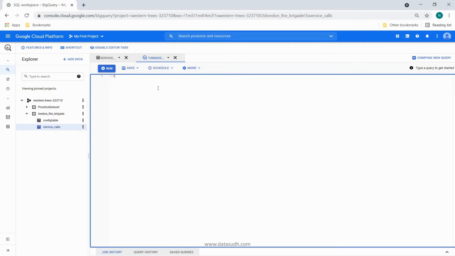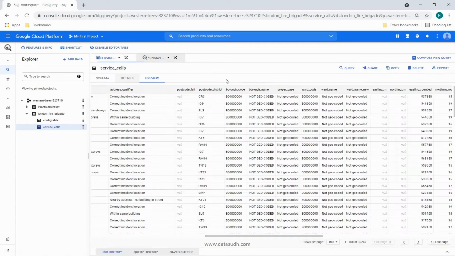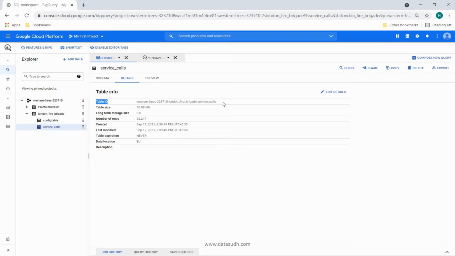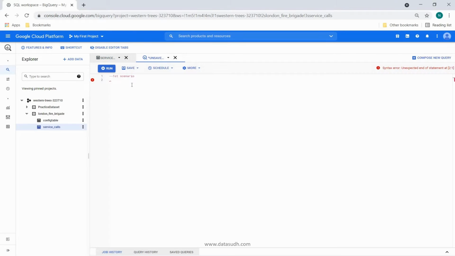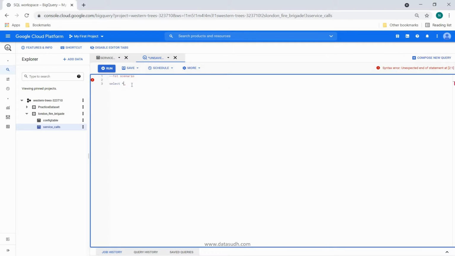So in the first scenario, what I am going to do is filter this data based on multiple values of postcode district. Okay, so let's take the full name of this and select star from it where postcode district in.